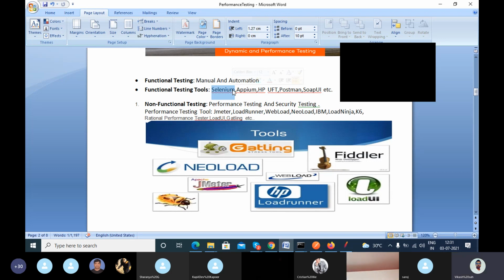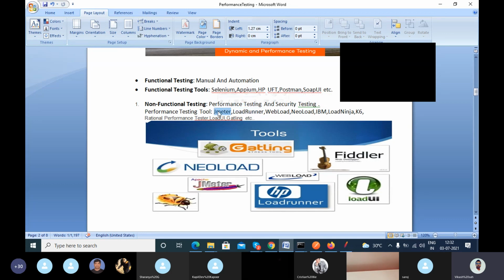Now in the market, Selenium is used in 90% of projects and UFT in 10%. Now a similar case is here. When LoadRunner came to the market, yes, companies were using it, right? Now, when the open source tool JMeter came into the market,